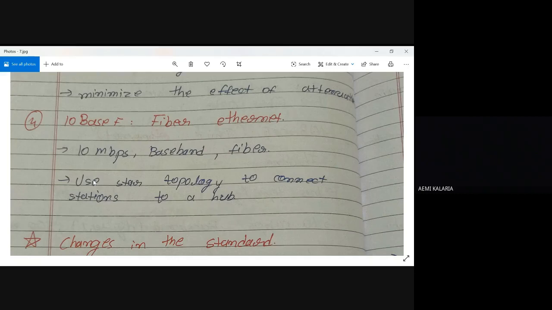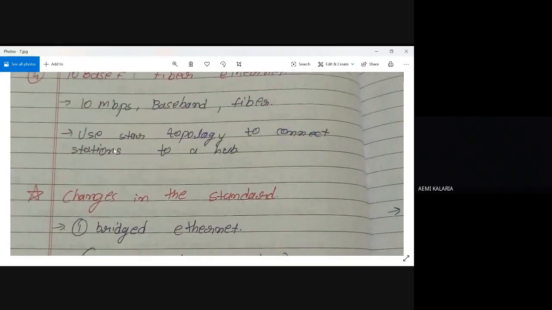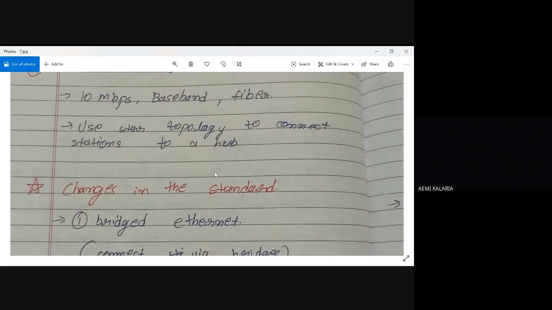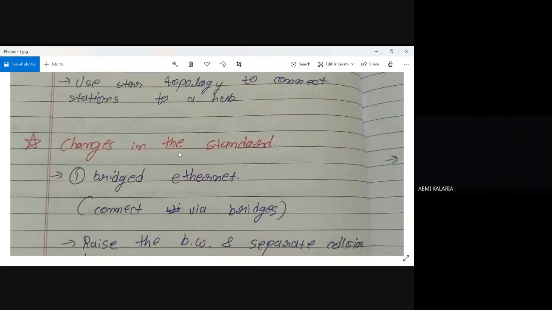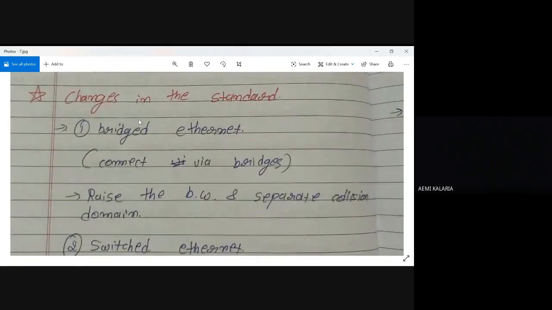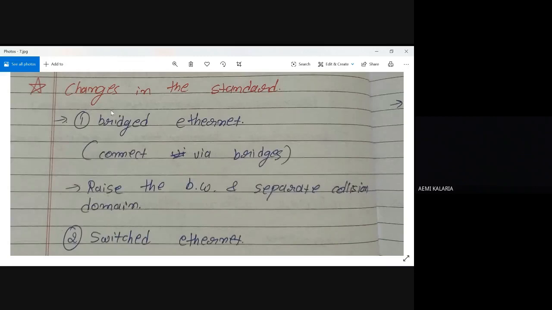Now before we start with Fast Ethernet, Gigabit or 10 Gigabit Ethernet, what kind of changes are required in our standard Ethernet so that we can improve our Ethernet network? Some basic changes are required in our standard Ethernet. After that, they start with Fast, Gigabit, 10 Gigabit Ethernet. The first basic change is bridged Ethernet. It means rather than connecting an Ethernet network with only a hub, we can connect it with a bridge also. Why a bridge? Because